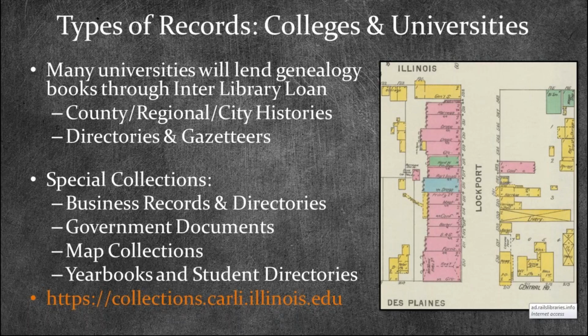An example would be Governor State University. Governor State University has the township books for Monee Township in Will County. Even though Governor State isn't even in Will County, it was the closest university to the town of Monee, so that's where they turned over their records. So occasionally you find some things in special collections that aren't where you would expect them to be.